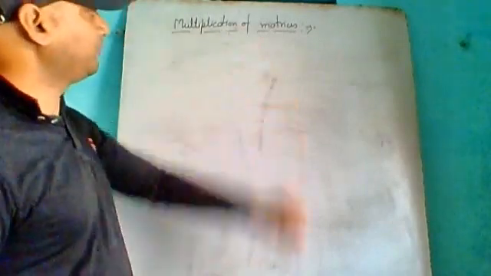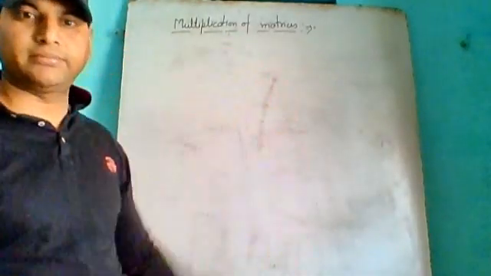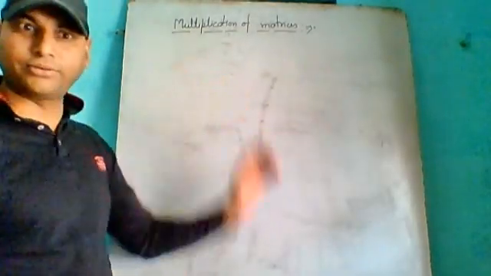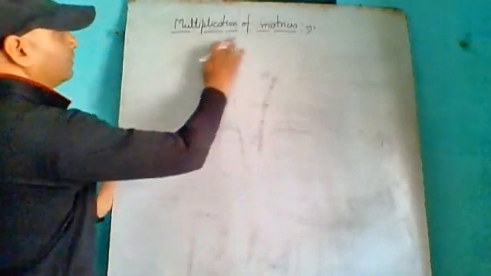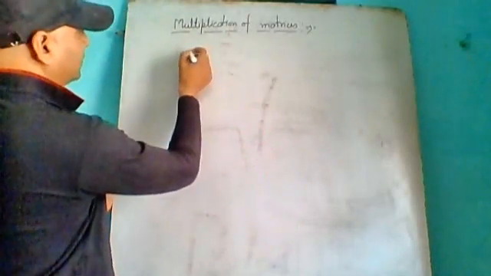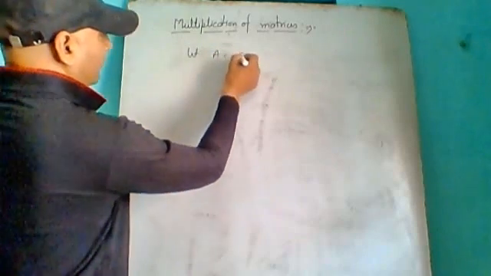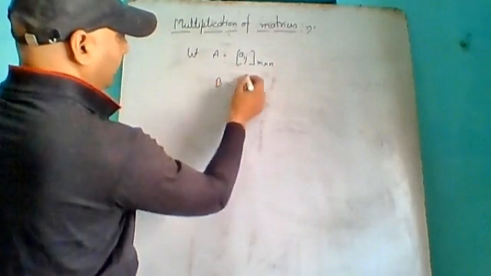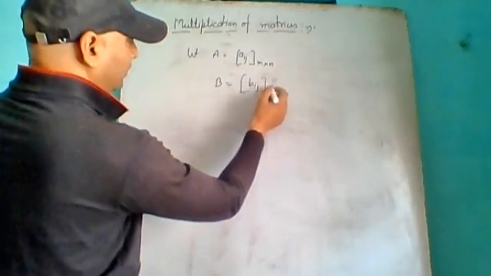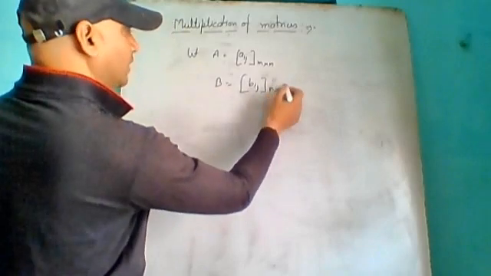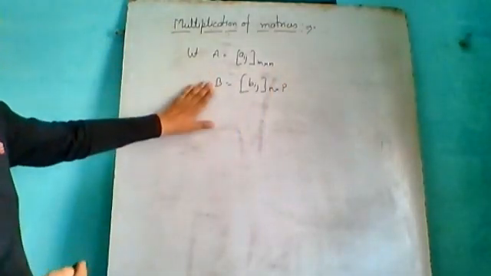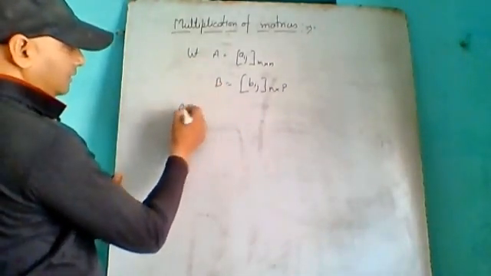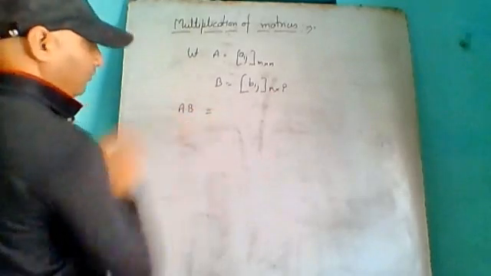Now, the multiplication of matrices, a very important point. Listen and watch the video carefully. How can you multiply matrices? Suppose that you have A ij and B ij, of order n cross, suppose, P. The order of two matrices is given. The product of matrices A and B is defined, but it is defined only when